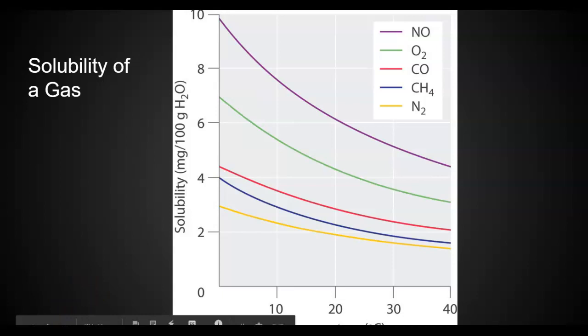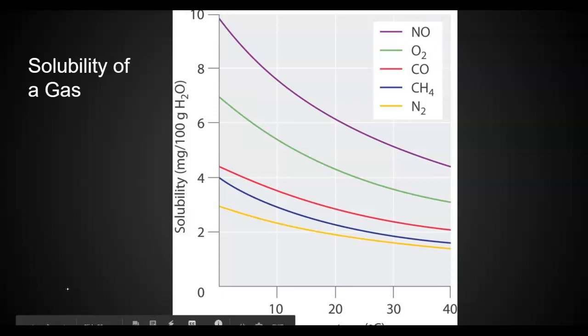Now, the exact opposite happens in a gas. So solubility happens because as the particles are bouncing around, those little particles bounce into the particles being dissolved in a liquid and they suspend them. Gases are already wanting to bounce around. So to keep a gas in solution, you have to cause the temperature to decrease. As the temperature goes up,